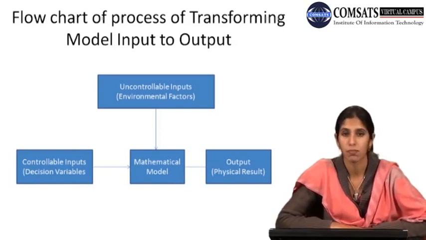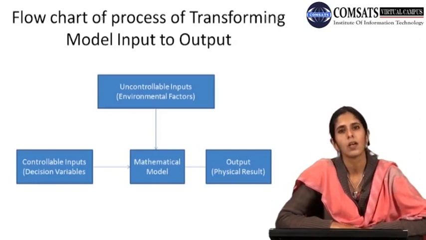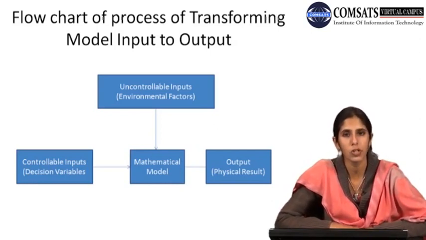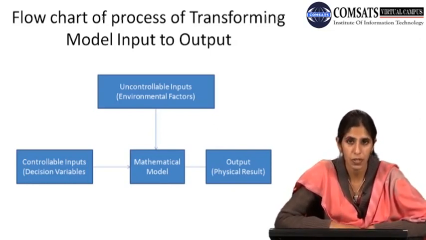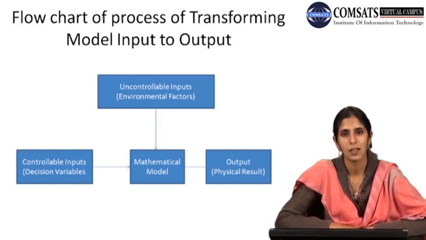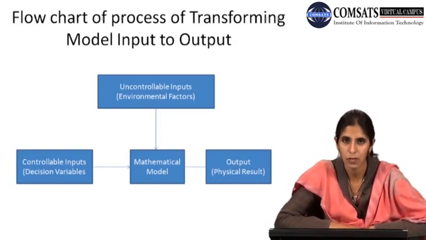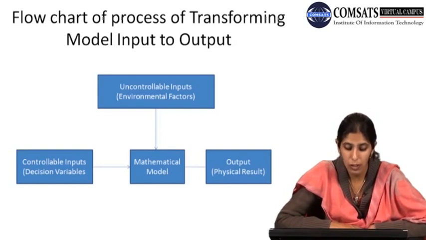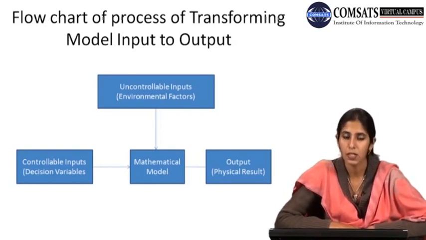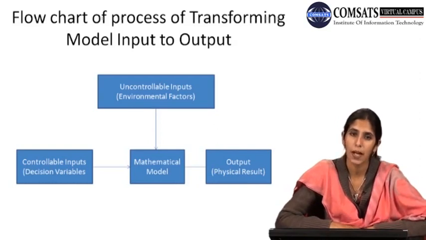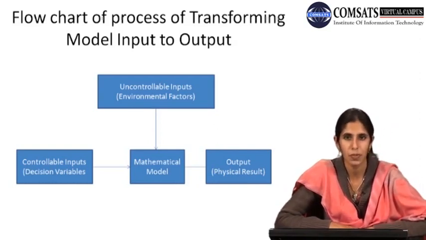How much to produce? That decision is made by the producers, the firms themselves. What to offer, which quantity to offer in the market for sales purposes, or how many units should be offered to the market for the purpose of sales? Again, in the hands of the organizer, in the hands of the producer. So although these variables are inputs, they are purely controlled by the decision makers in the form of business